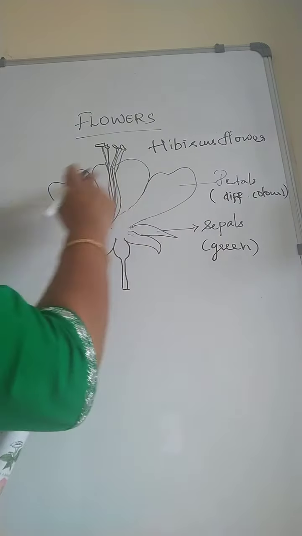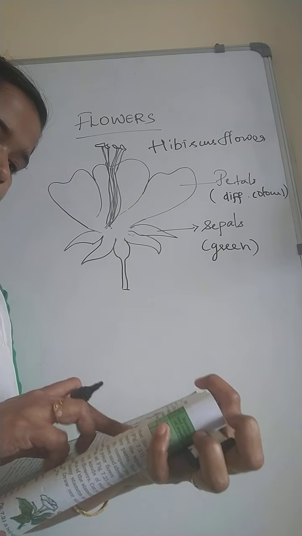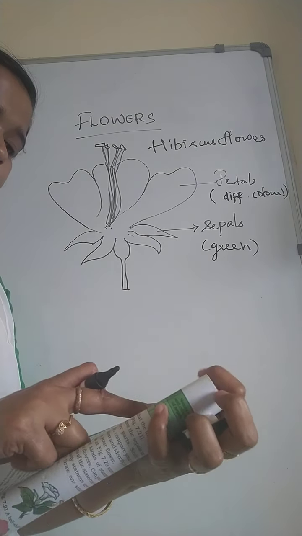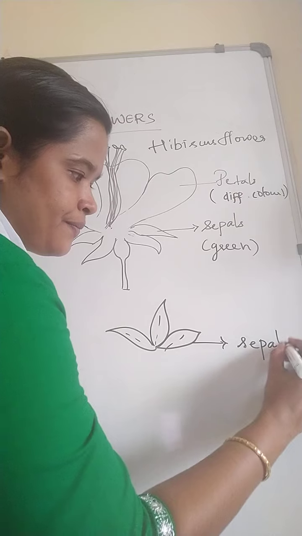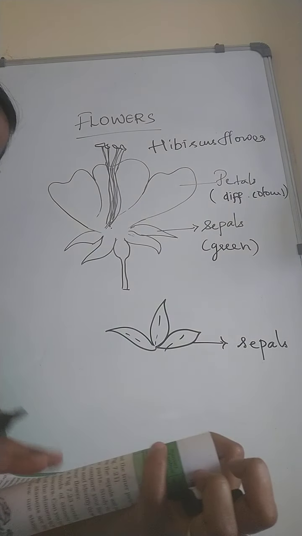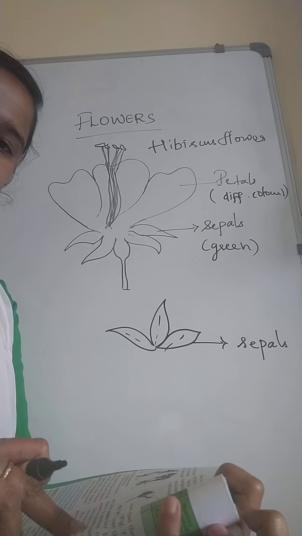Which is the most prominent part of the bud? Here, which part can you see? Sepals you can see mostly. Did you see that this part is made up of small leaf-like structures? That means these sepals look like small leaf-like structures. Like this you can see. Okay, this is called sepals. Sepals are small leaf-like structures. They are called sepals. Take a flower and observe its petals and sepals.